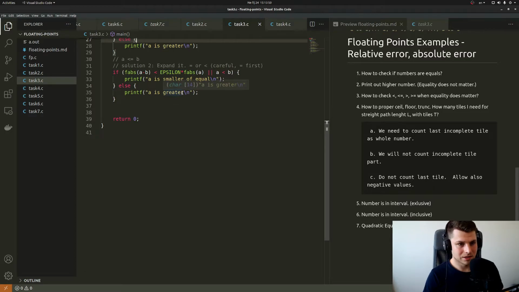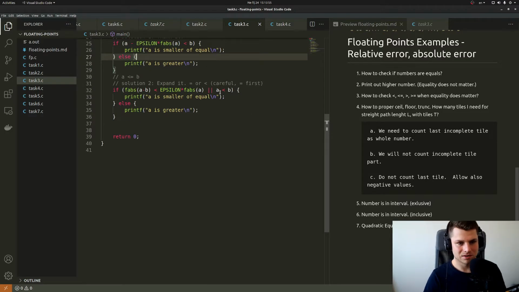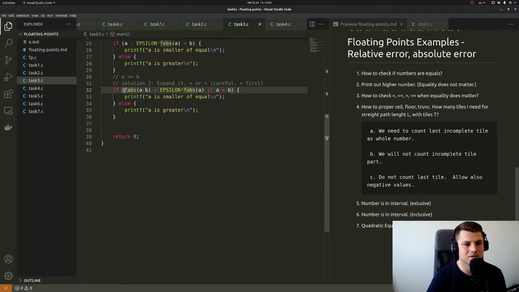And the technique to expand it, here we have to be careful. We can't just, we have the or operator here, which means it will pick the first true statement, basically. We have to firstly check for distance, so if they are equal,